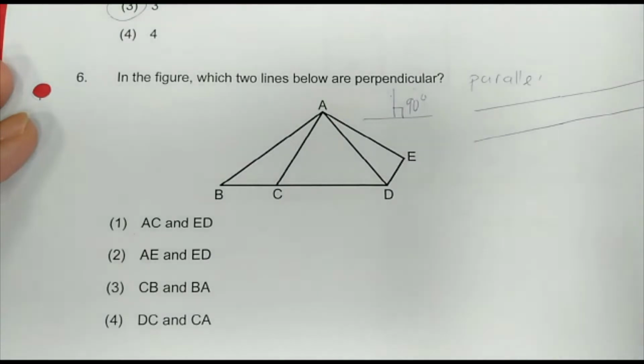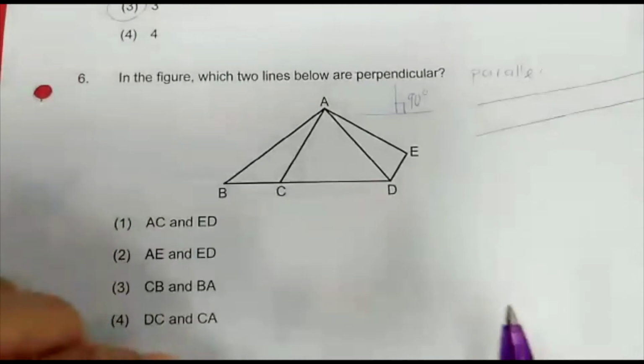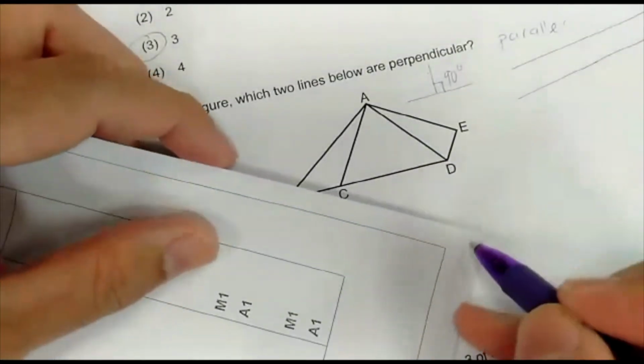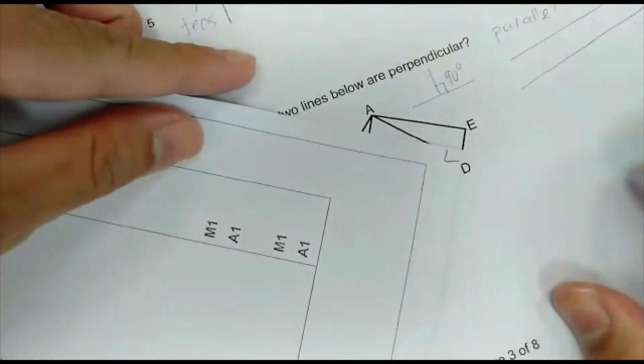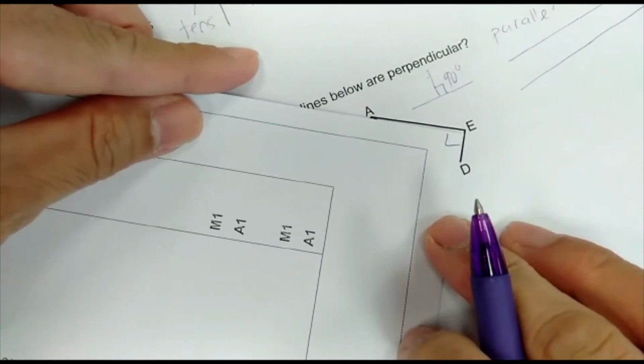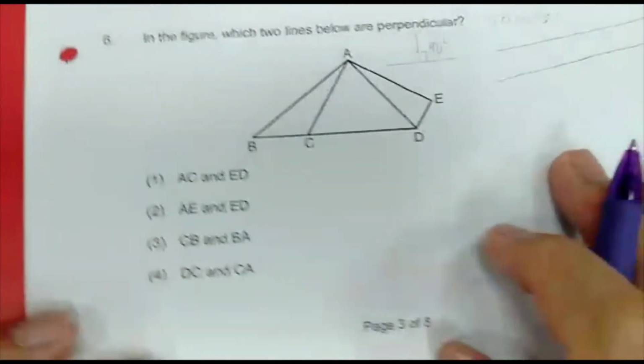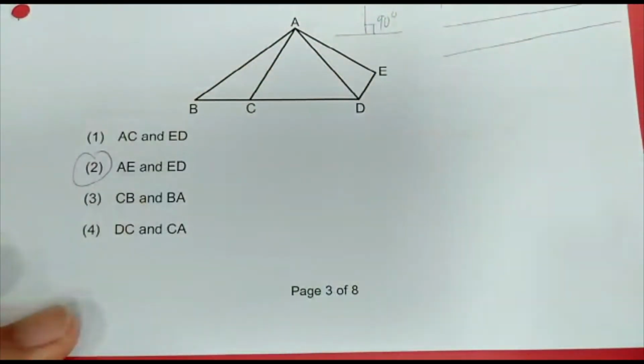So you need to find a right angle. So how do we check for a right angle? You can use a set square, or you can use a ruler, or in my case I use a piece of paper here. So this paper, this part is a right angle. I just put it. Oh yeah, I see between these 2 lines, AE and DE, they meet at a right angle. So the answer is number 2. Next,